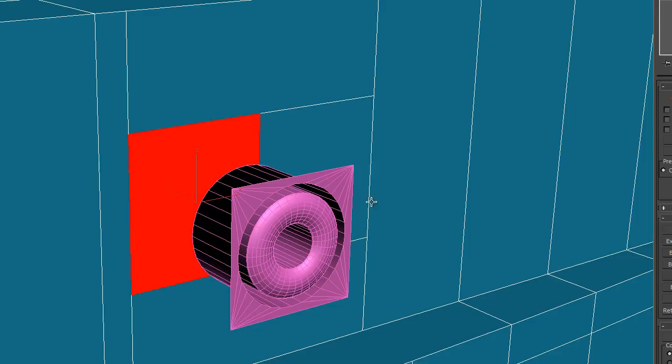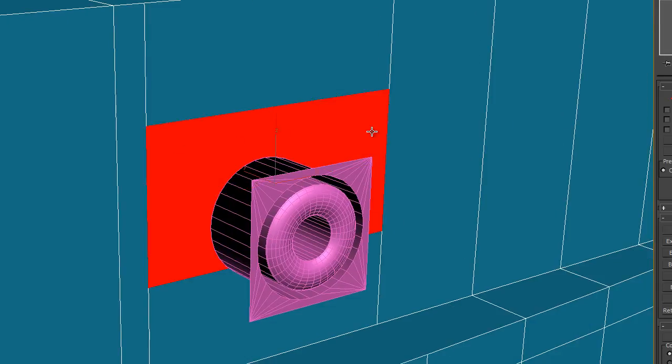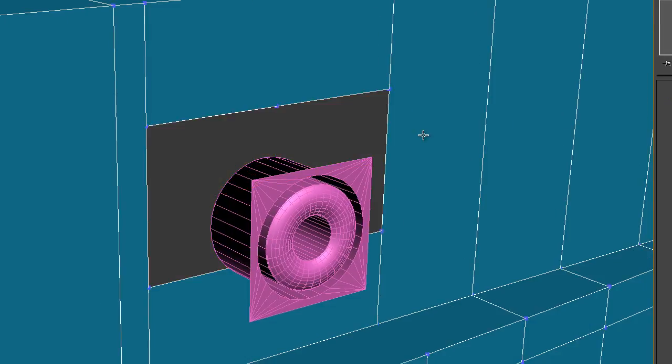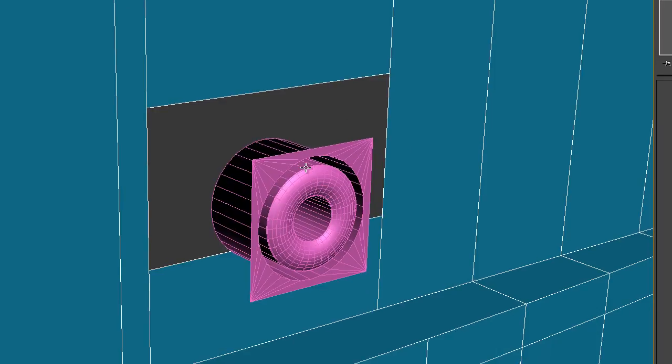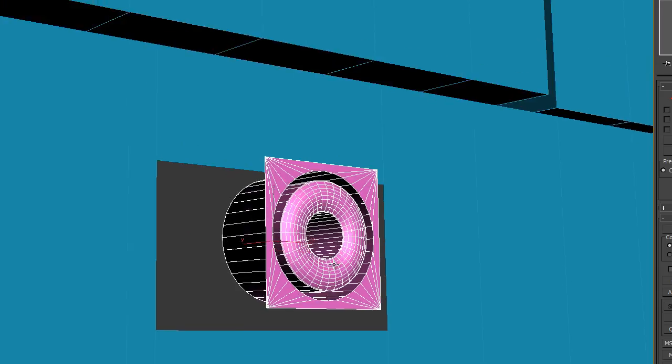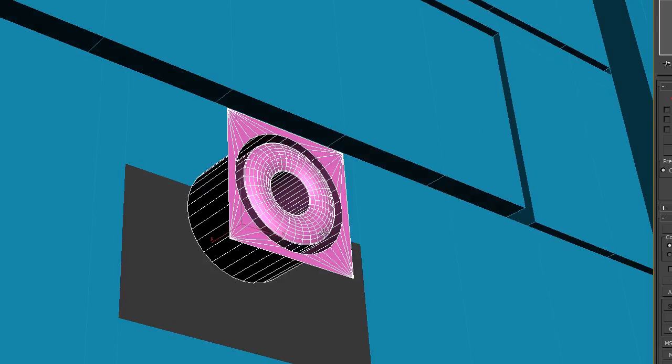Let me take this guy here, and I'm going to take both of these polygons. And I'm going to see about deleting those. Okay. I don't need those polygons. What I'm going to do is move the pivot point of this object. So basically,